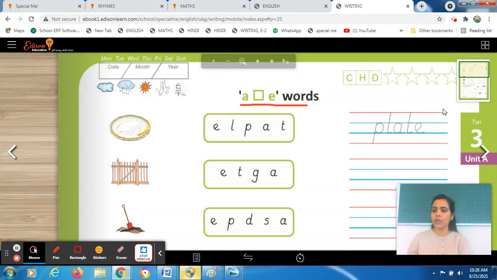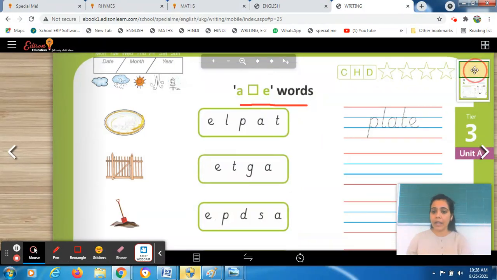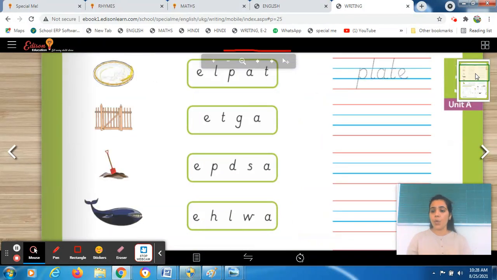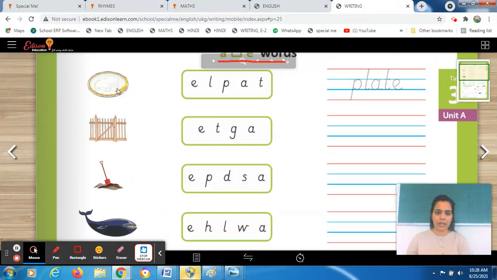So we will observe the worksheet first. What will we do first? We will observe the whole worksheet. Then we will come to know what we have to do in this worksheet. Fine. So let's see what you observe in this worksheet. See, there are the pictures. There are the